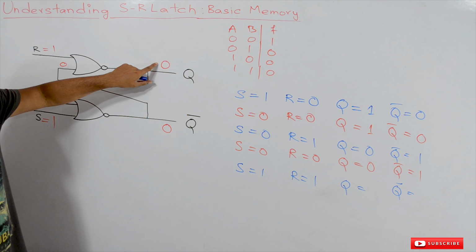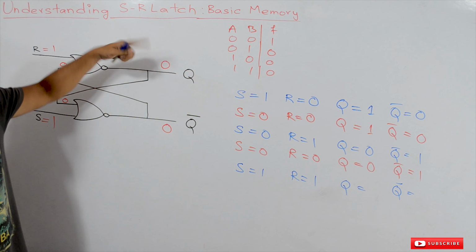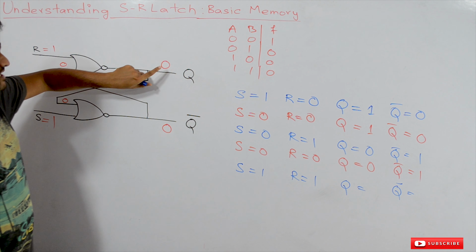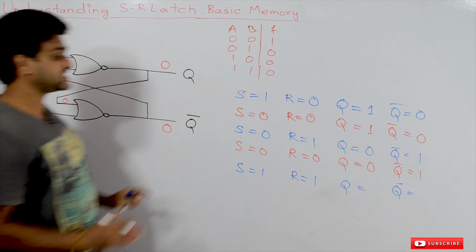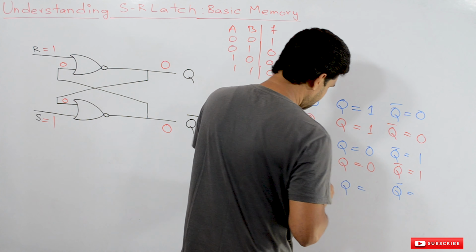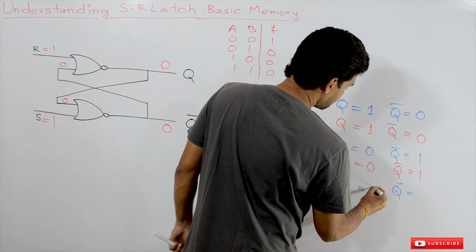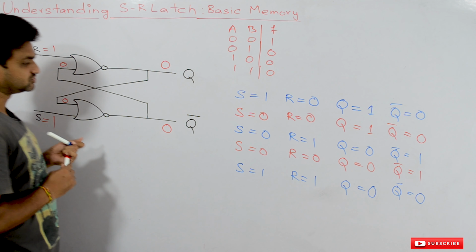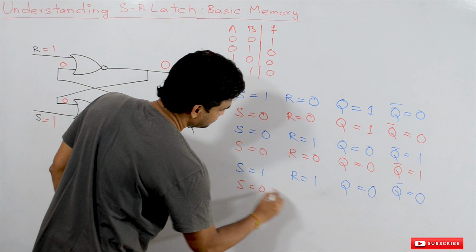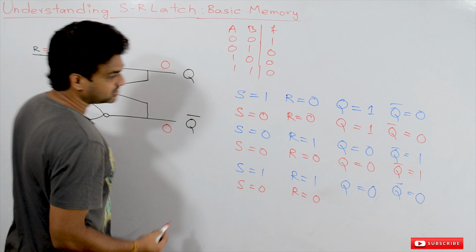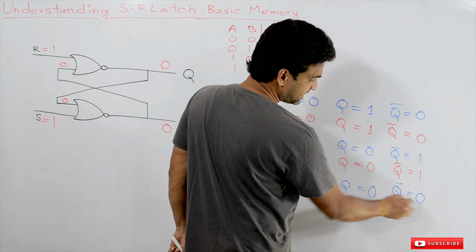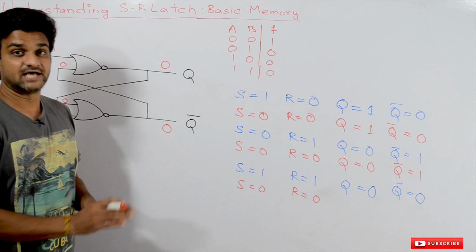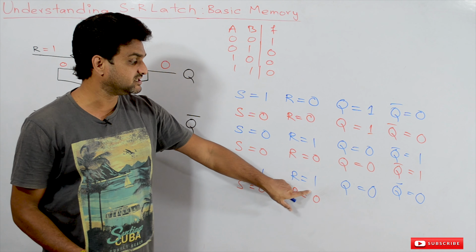So both the outputs are 0 0. So here we are contradicting the outputs. In our previous cases we have seen the outputs are complements of each other, but here it has changed, both are producing the same outputs. So what are those outputs? Those outputs are 0 0. Okay, now what we will do is we will try to change the inputs to 0 0, S is equal to 0 and R is equal to 0. So this is an undesirable event. The concept of Q and Q complement has been violated. So this input is an undesirable input.